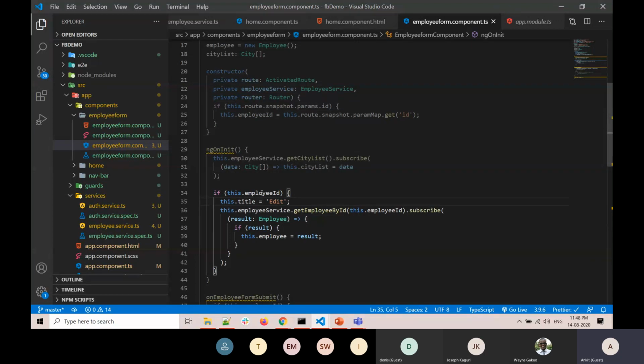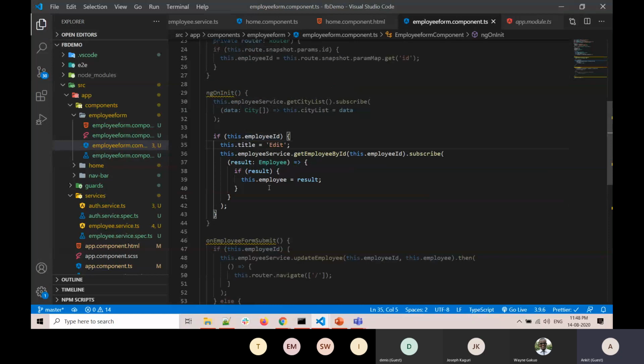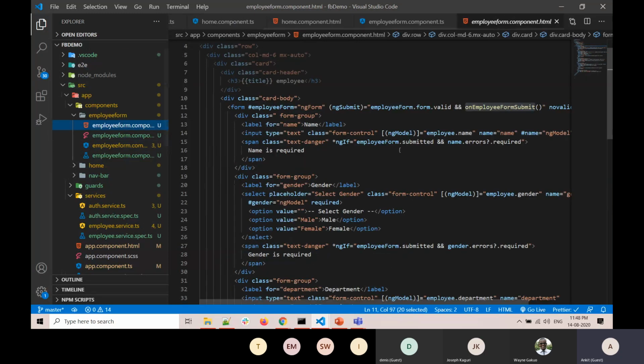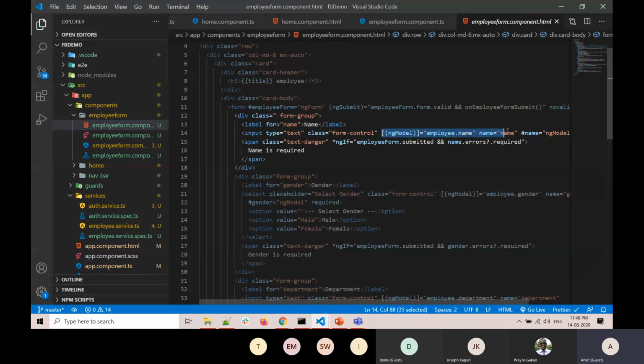Inside ngOnInit we are checking if the employee ID is set, this means this is an edit call. So if this is an edit call, we'll set the title to edit so that it will be shown on the form, and then we will fetch the employee data based on that particular ID, and then we'll bind it to our employee model, and this employee model is bound to our form using ngModel. You know that in case of a template driven form, we are using an object to bind the data to the form.